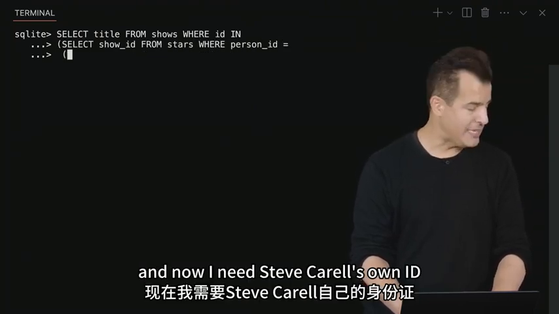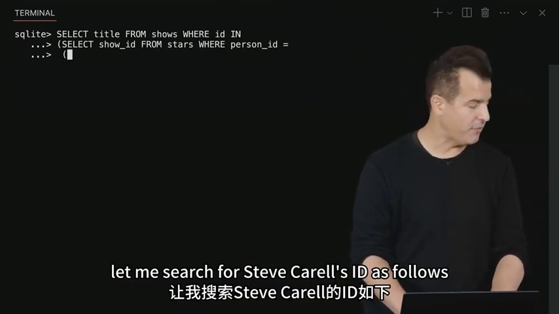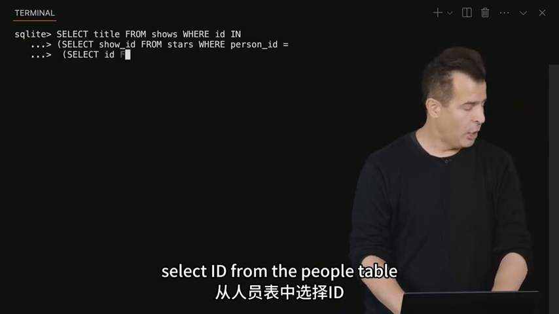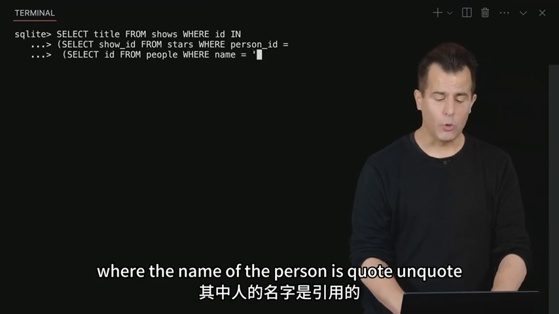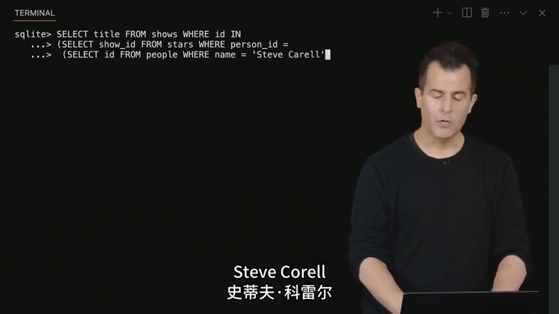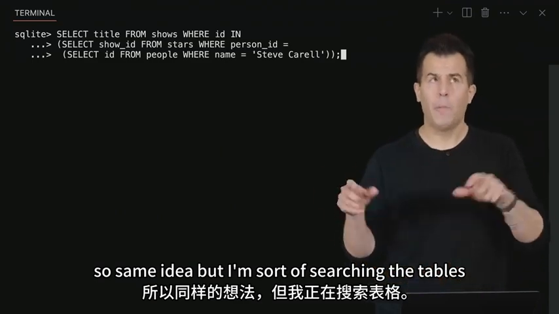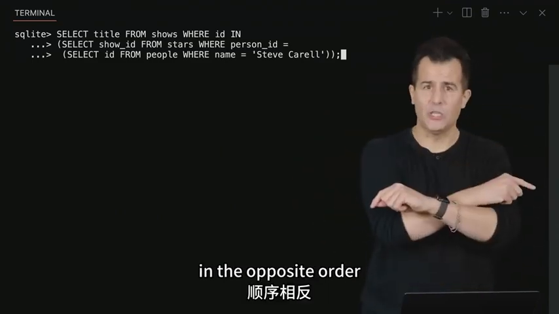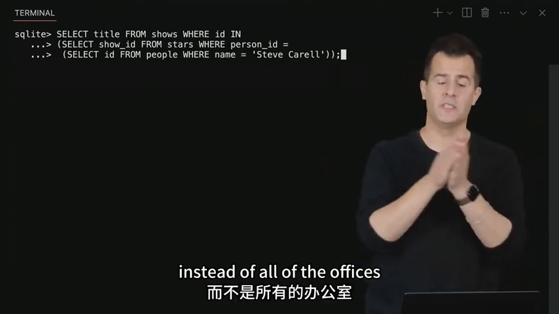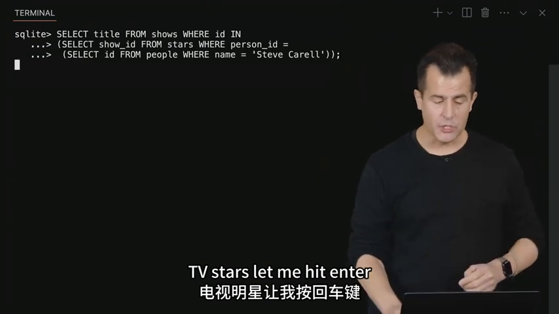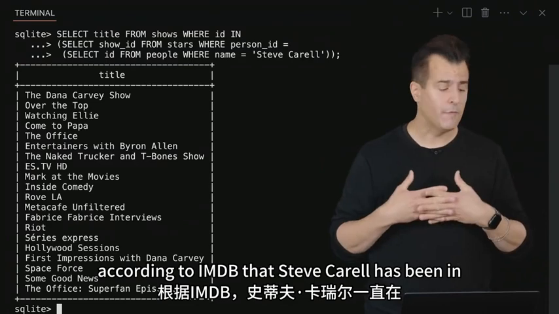Steve Carell's own ID. So much like I searched for The Office's ID, let me search for Steve Carell's ID as follows. Select ID from the people table where the name of the person is, quote unquote, Steve Carell. Close parenthesis, semicolon. So same idea, but I'm sort of searching the tables in the opposite order to get back all of Steve Carell's shows instead of all of The Office's TV stars. Let me hit enter, and I get back all of the shows, according to IMDb, that Steve Carell has been